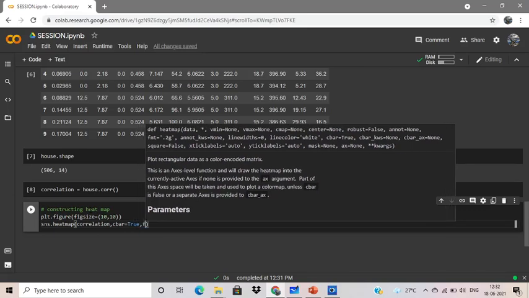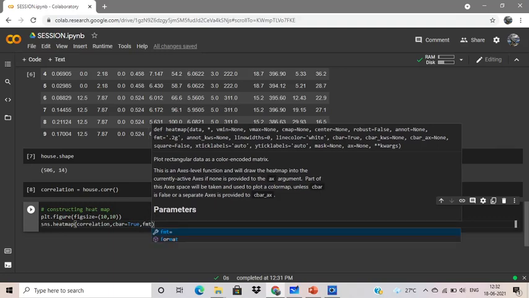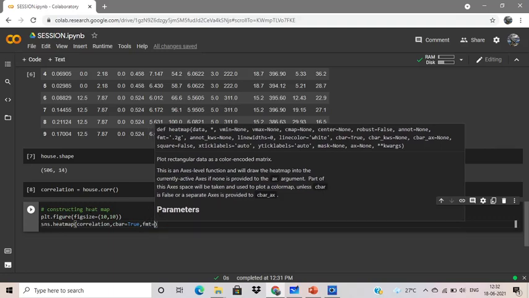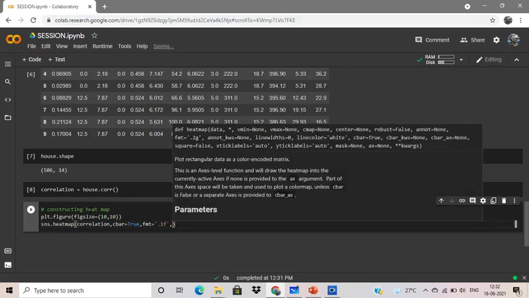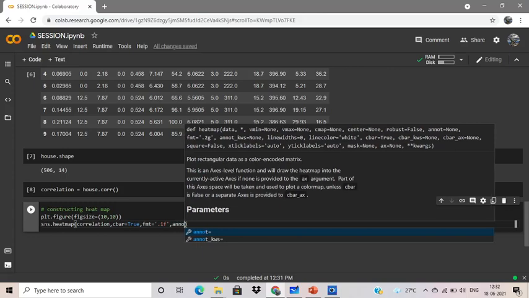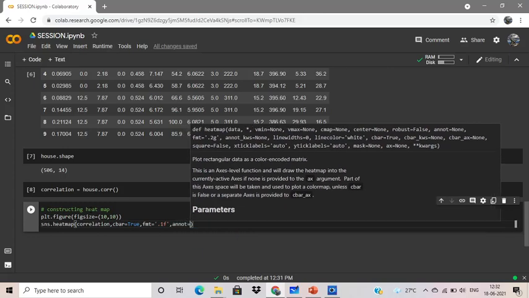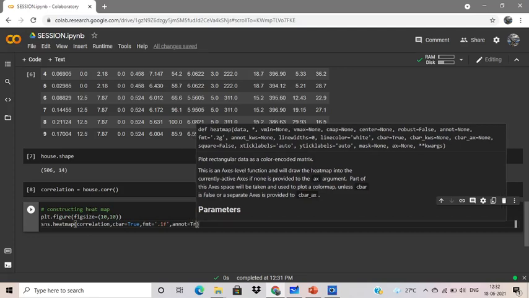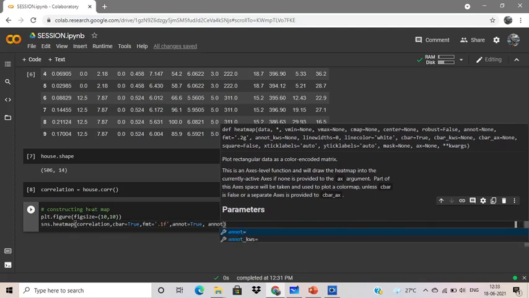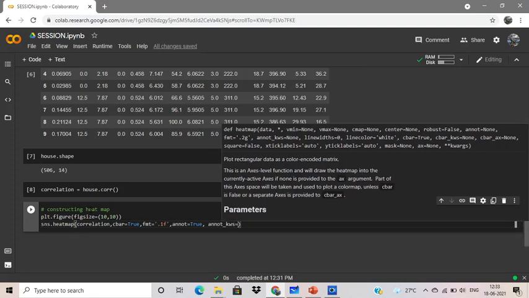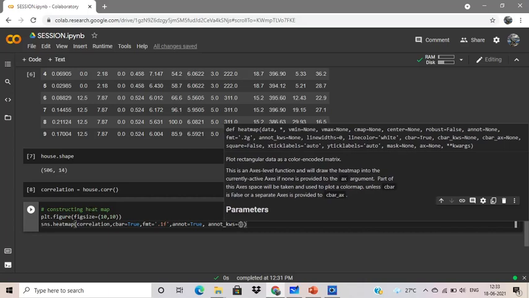And we want the values in the heat map up to 1 decimal, so we will keep the fmt as 0.1f. And we will need annotations also. I will explain what annotations are. Let me just type this whole code, then I will explain everything. annot_kws also are needed here, so let me just type it.